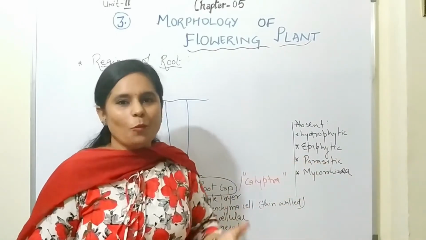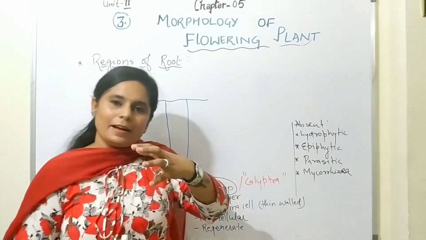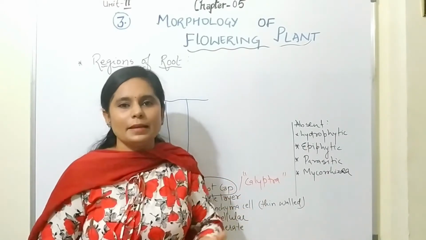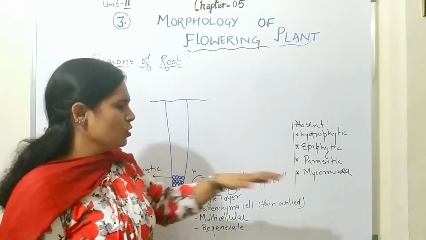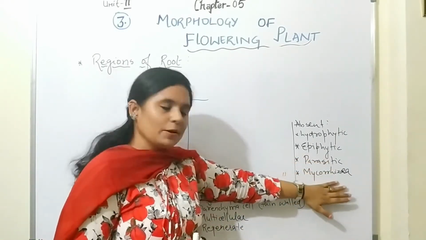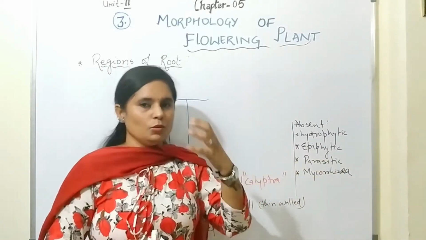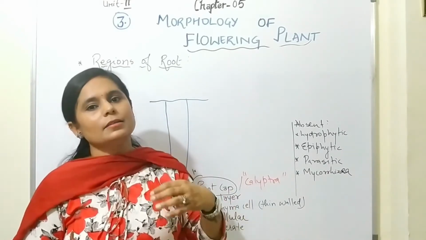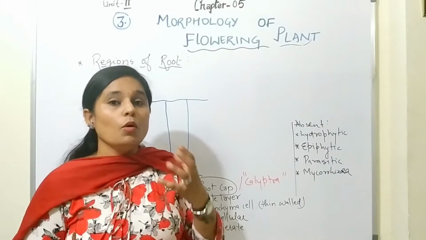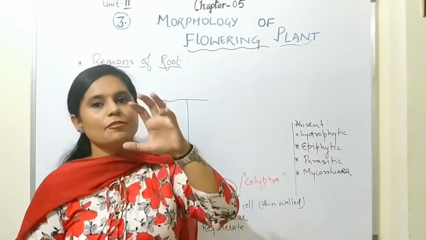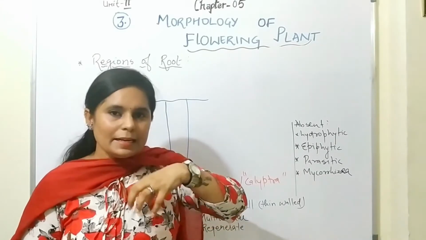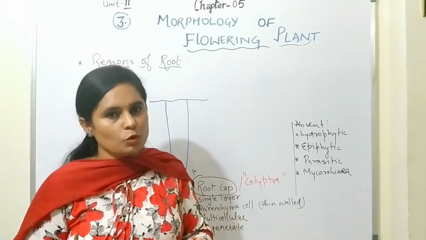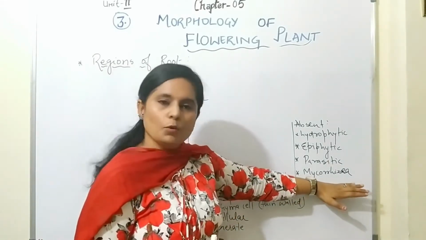Parasitic plants don't want a root cap because they collect all the nutrition from the host plant. They don't get any nutrition from any other part. They are directly getting it from the host. So they don't need the root cap. Mycorrhiza, as you know very well, is the symbiotic relationship between the fungus and the roots of some plants. There the fungus is helpful in absorption of water and minerals, and then it gives these things to the plant. So the plant is nowhere involved in absorption from the soil. So root cap is absent here.